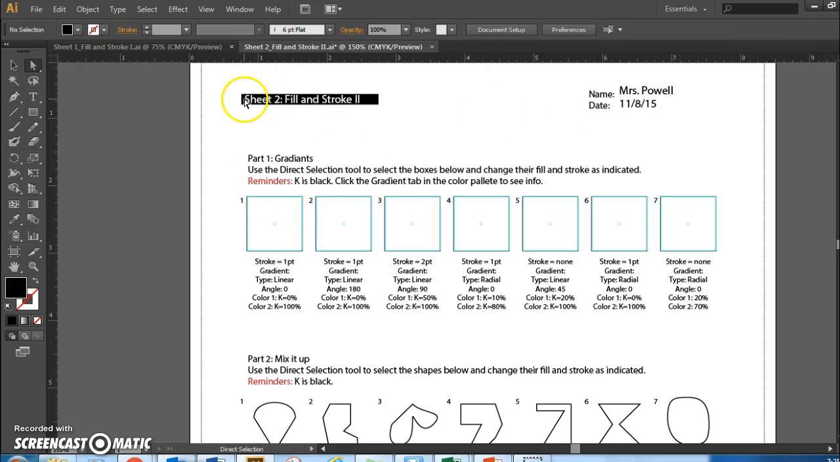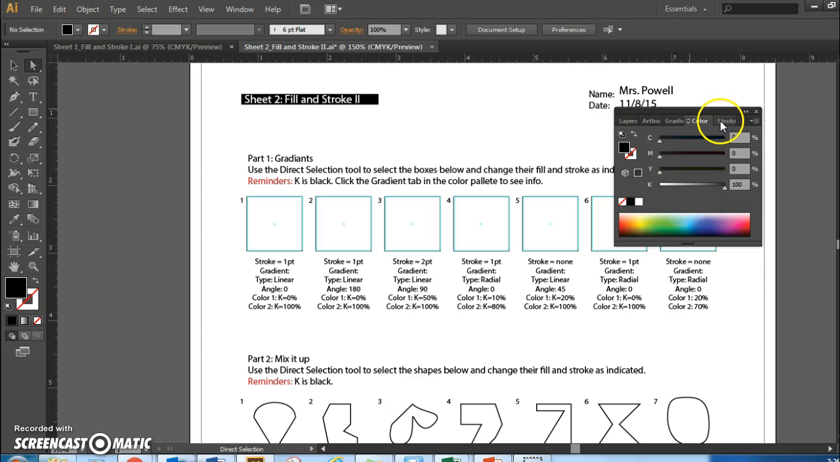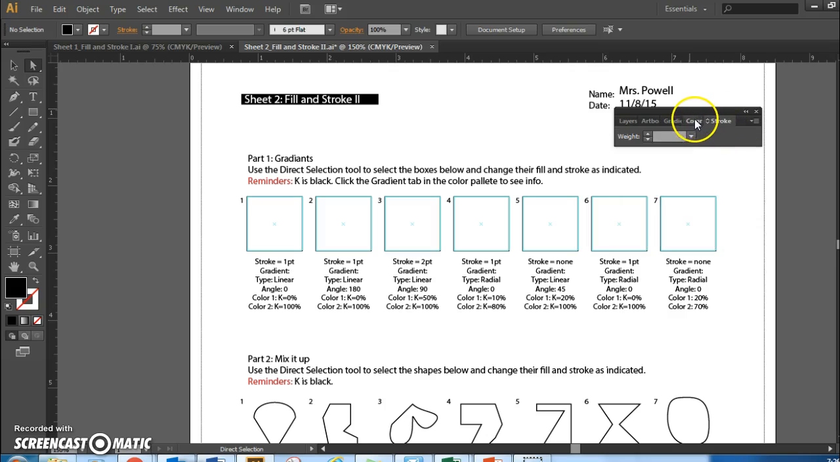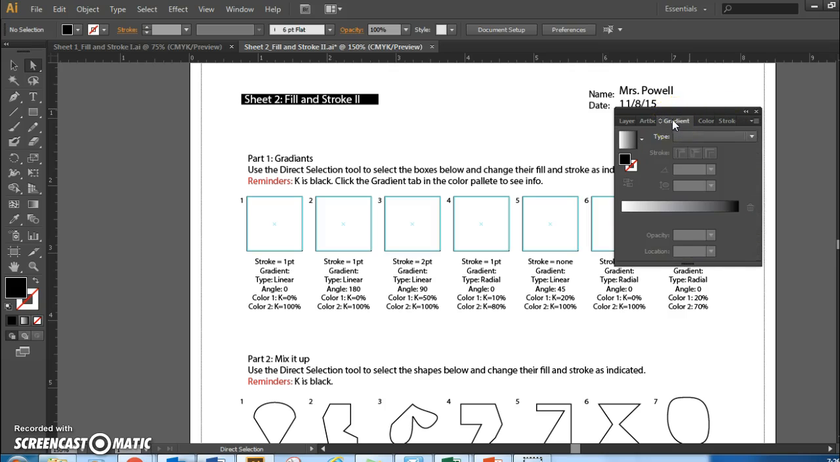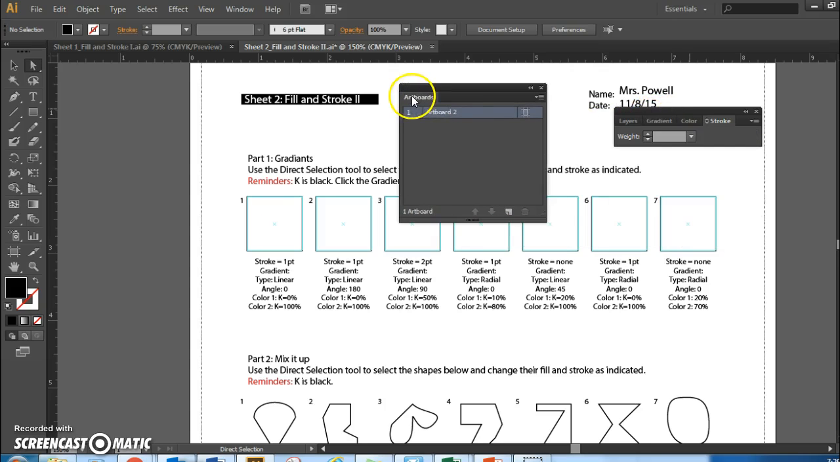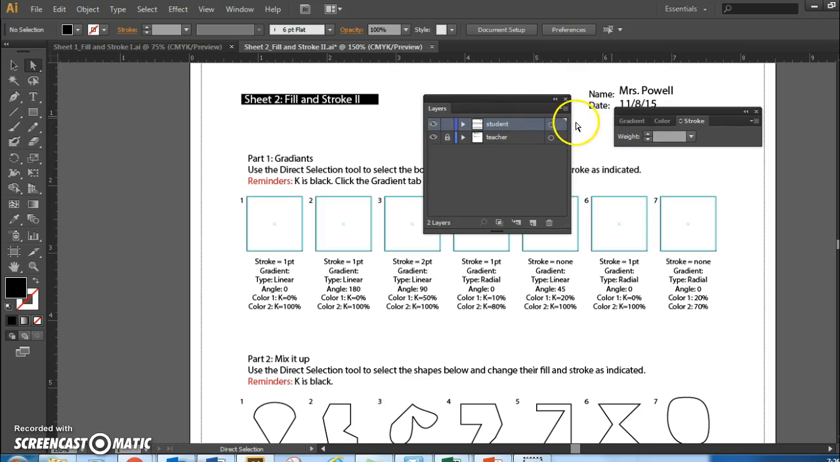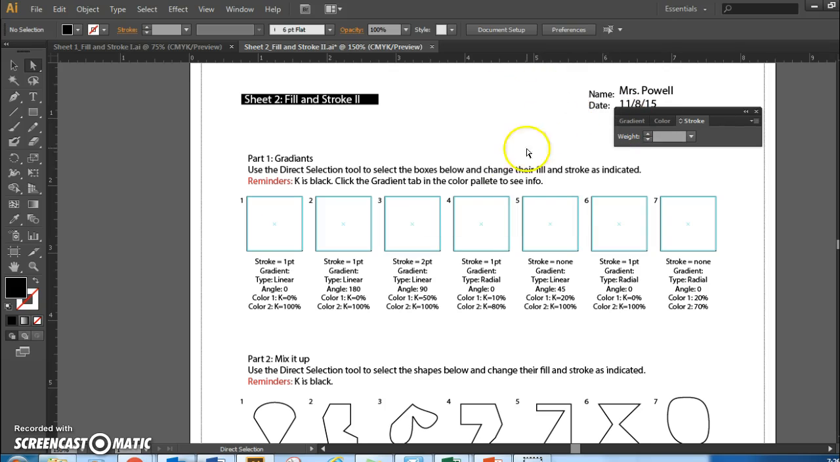So I will need to use the color and the stroke tool. So I'm going to go up to my window and click on my color guide. And I actually already on my color guide here have stroke, I have color, I have gradient, which I'll also need. I won't need artboards. I'm going to pull that off and just close it. And I won't need layers. So I'm going to pull that off and close that one as well. So up at the top,